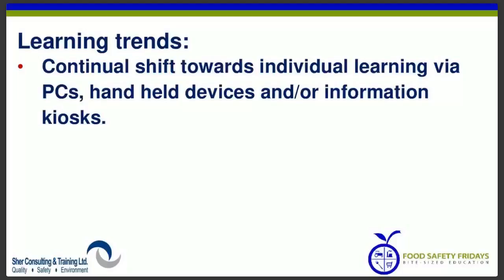I strongly believe, especially because I am myself a traditional classroom trainer, that this trend is going to peak at a certain point, and we're not going to see the total demise of traditional classroom training, but we're going to see some kind of status quo with some kind of balance. There may even be, in the next 10, 15 years, a little bit of regression from the individual learning trend and a little bit back into classroom. But the change is here to stay.